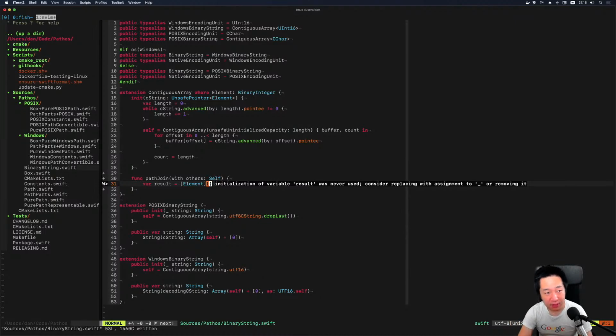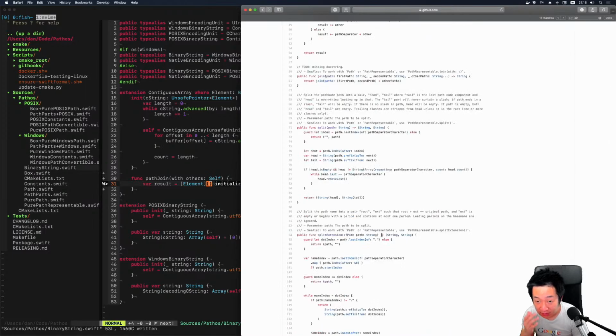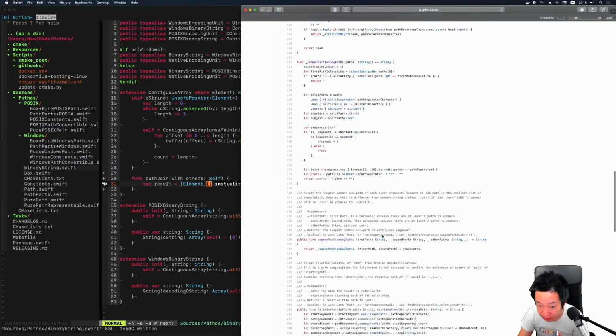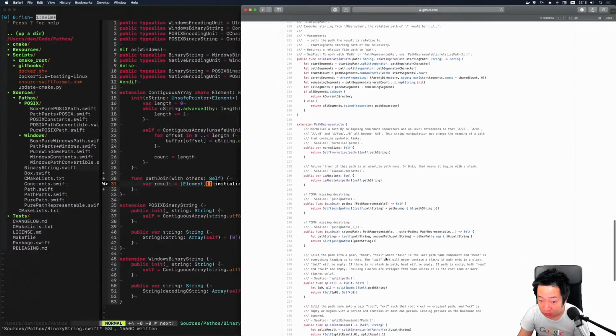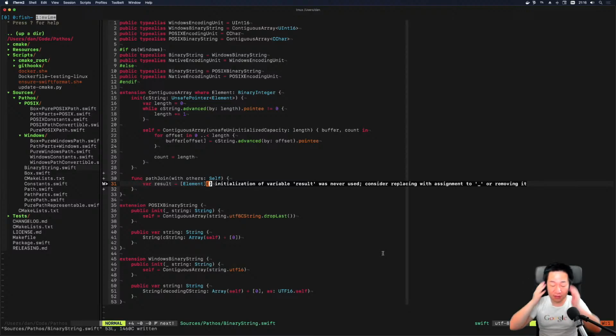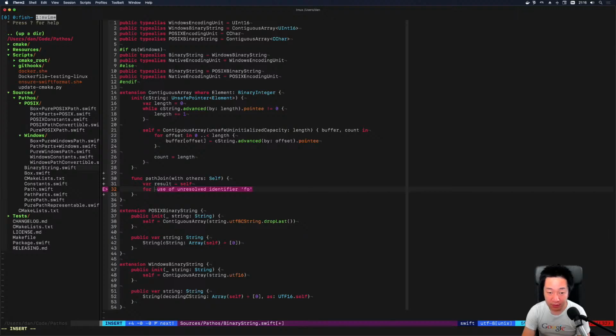Wait, that other implementation has some weird stuff in it. Where is it? Why does it work this way? Oh, because it's a free function. That makes sense. So I should have a non-free function version of this, like a method version of this. Join. Oh, it just takes. Haha. Yeah. That makes sense. Okay, so I think the easiest thing to do is just make result to be self first, and then we'll just go over others, right? Other